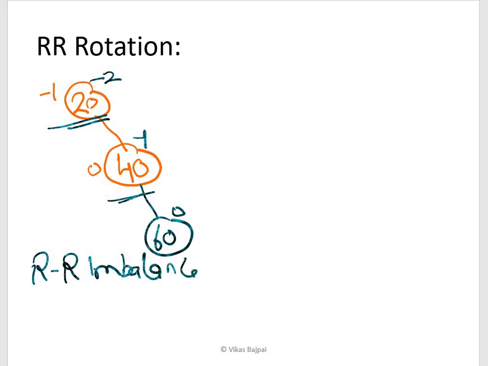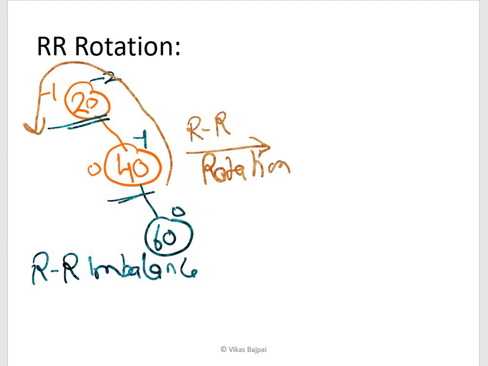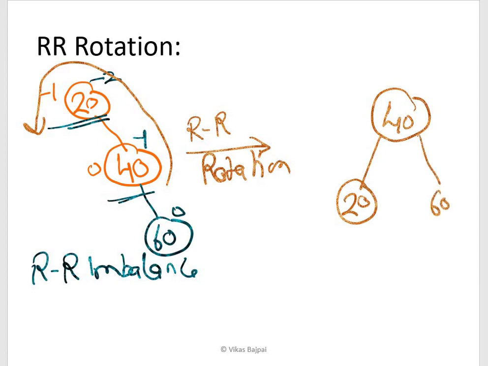In order to get rid of this, I am going to perform the RR rotation. That means we'll be rotating this particular part. Now since I'm going to rotate it, this will look like this, this goes like this, and this goes like this.